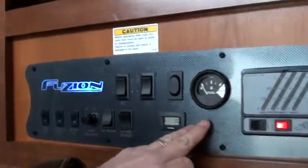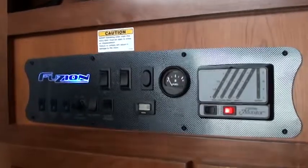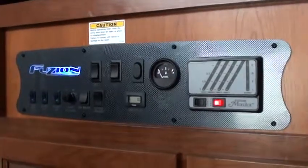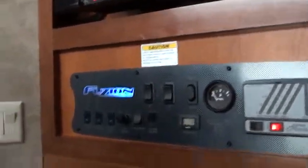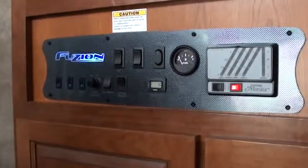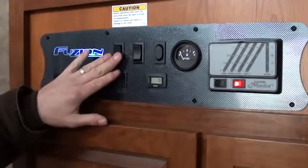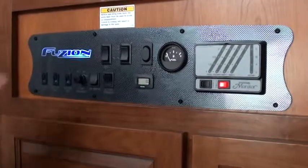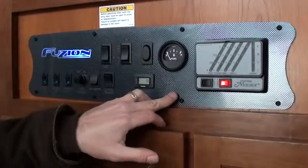So, you have another thing here. It says battery hookup required for slide operations. Now, let's say in the wintertime, like me, I would take the battery out when it's fully charged, and I'd take it inside so it doesn't freeze. So, let's say the battery wasn't in it, we had it plugged in. I could actually still run the rooms in and out, but you're taking the chance of blowing the fuses on the converter. You do need to have a battery hooked up